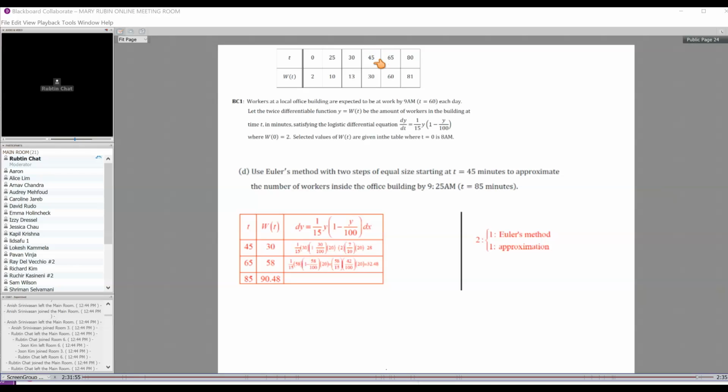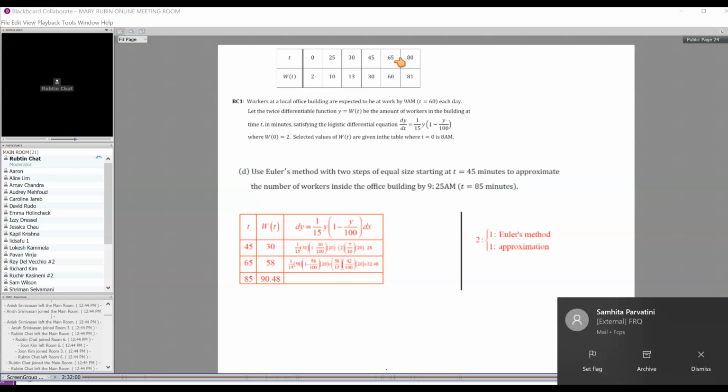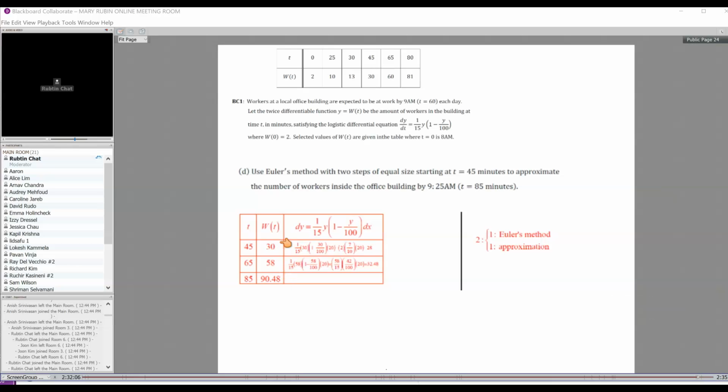Steps. So you're starting at 45. You're trying to get to 85. So the step must be 20. So 45, 65, 85 is your goal. And then these are your Y values. So 30 is coming from here, 60 is coming